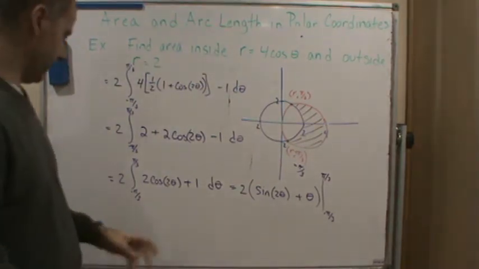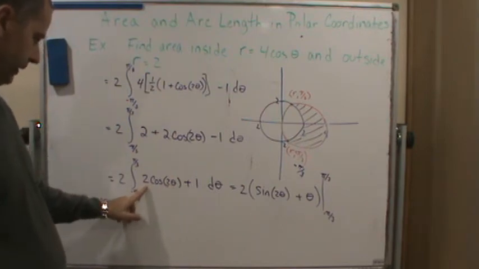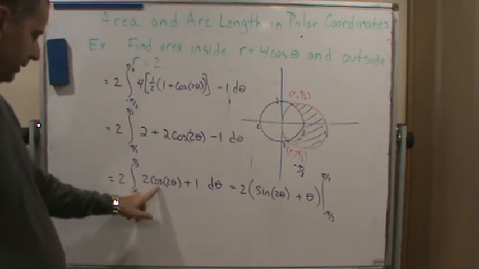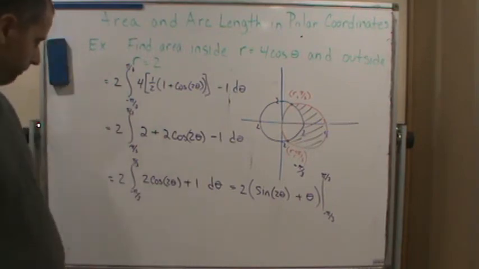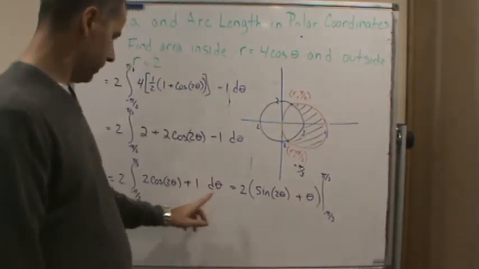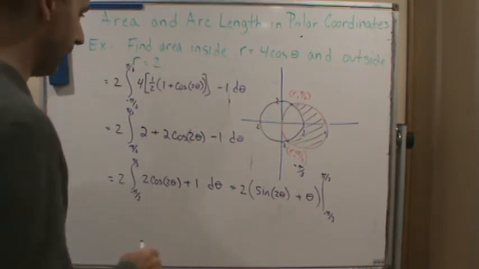Right? So again, all I did was divide by the derivative of the inside here to get rid of the 2. And the antiderivative of cosine is sine. Okay, and so that's what I get for here. And then this becomes theta. And so now if I evaluate it at both,